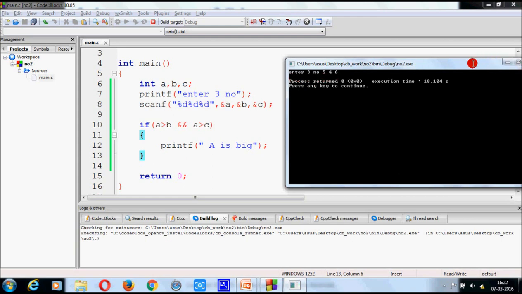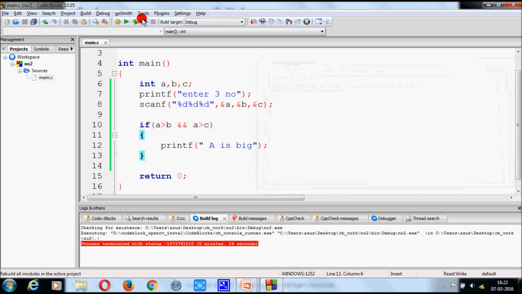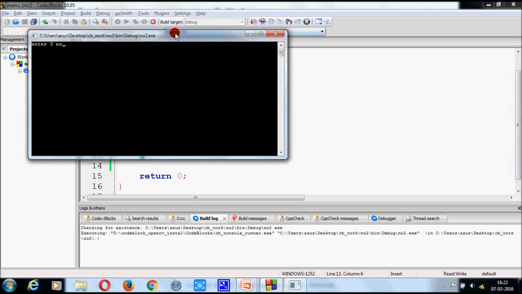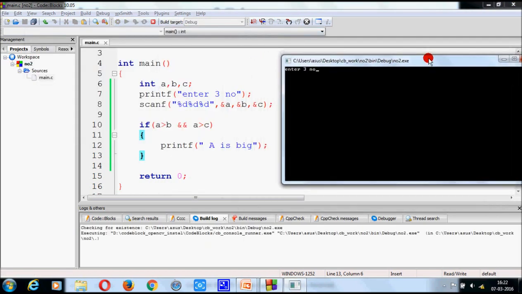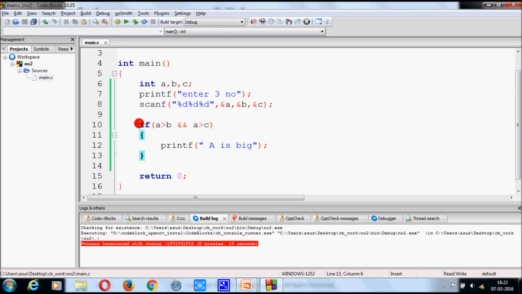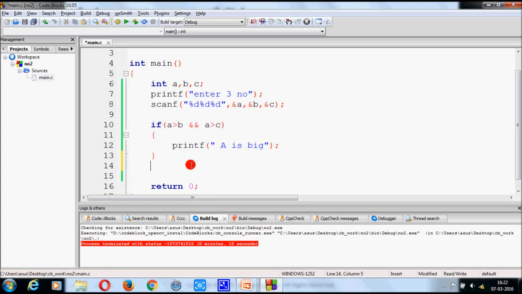Now run this program again. Now put this input so that A greater than B and A greater than C, both conditions become true, and we will get A is big. So if you want to check among three numbers, then just write this program.